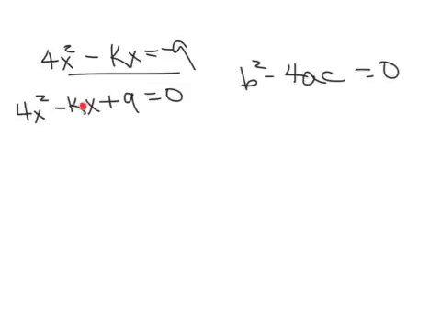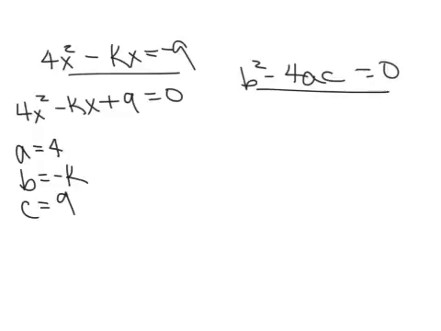So we're looking for a number there, so that when we plug it in here and square it, then subtract 4ac from it, we're going to get 0 for an answer. That is what we're looking for. So let's say our a is 4, our b is negative k, sorry, it's just weird, and c is 9. So if we plug it in here, we're going to get b squared,